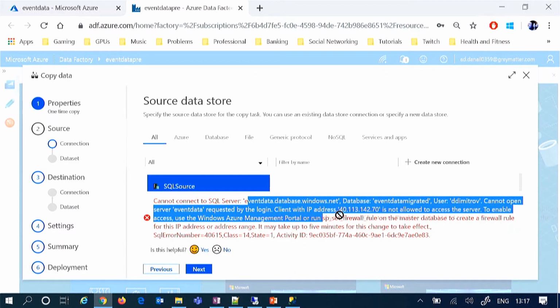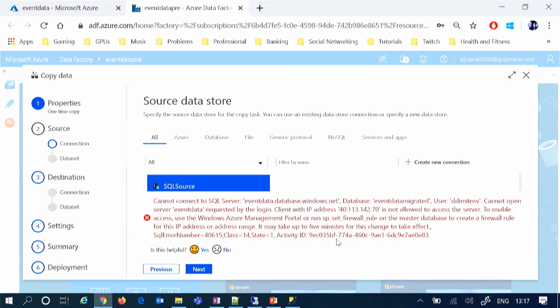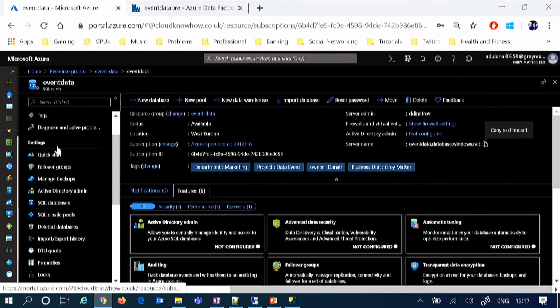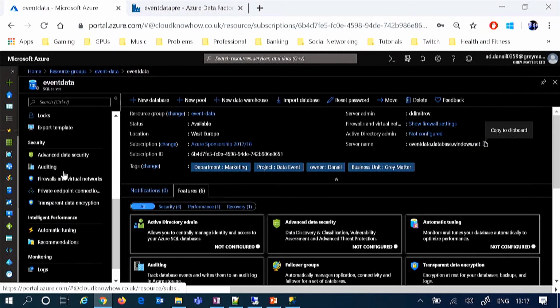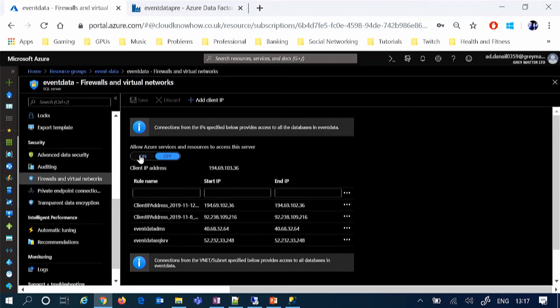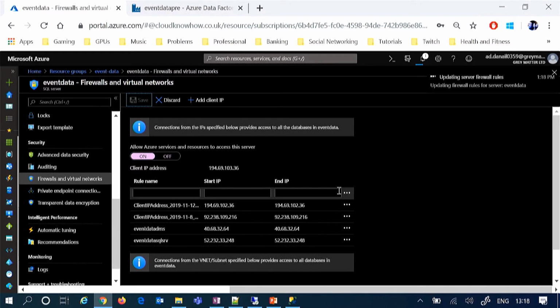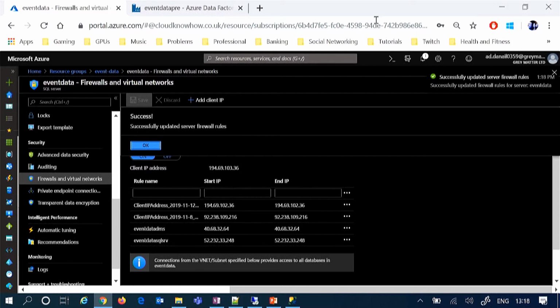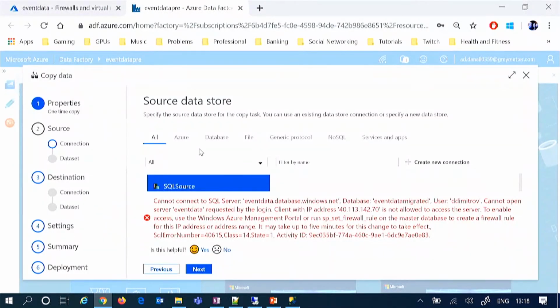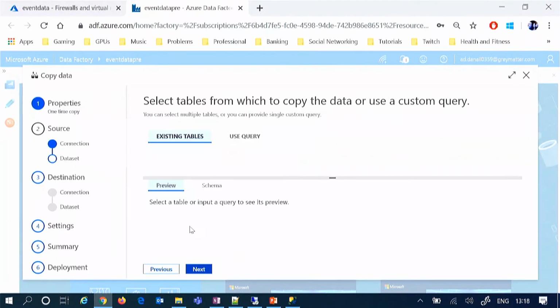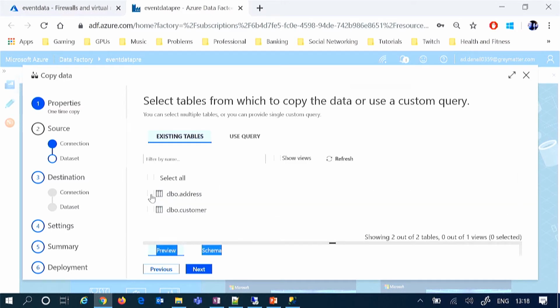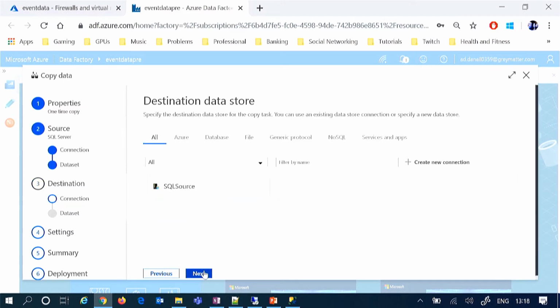Okay. And that is because inside the SQL Server and the firewalls and virtual networks, I've got this little box disabled, so essentially other Azure services cannot natively access my database server. But if I press on and press save, that should give Data Factory and other services native to the Azure environment access to see and read that data. So if we try again, that read has now worked for us. So from in here, I will select the two tables I want to copy the data from, press next, and